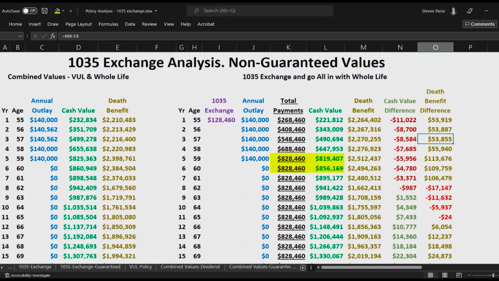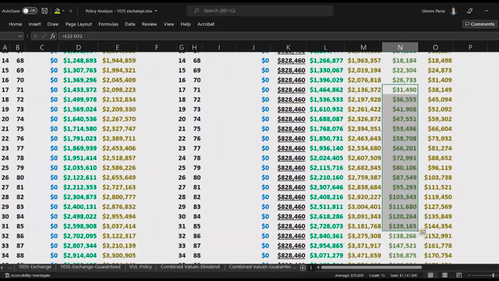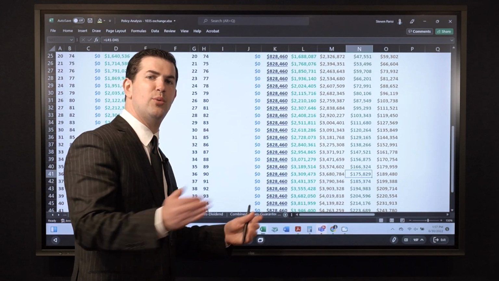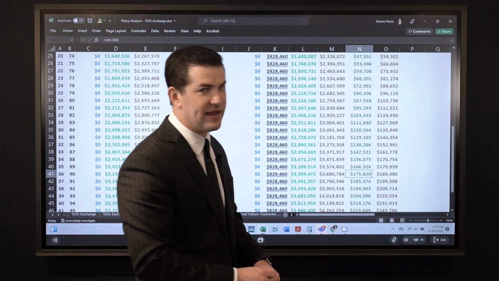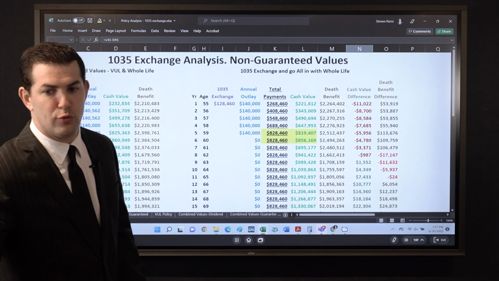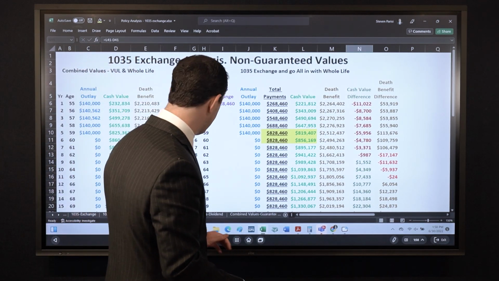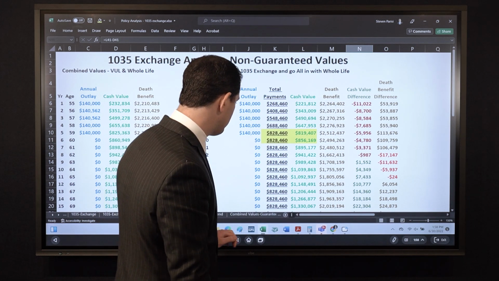What do you notice? I've got more money if I just consolidate everything into one. All right, does it make sense to do a 1035 exchange based on that then? Hey, you'll have more money based on the illustration. Not so fast. So if you and I flip positions and we're looking at this, what I would request to